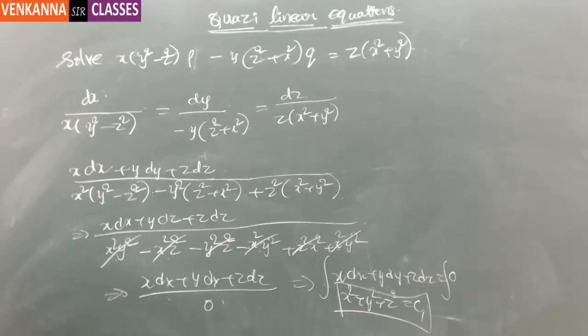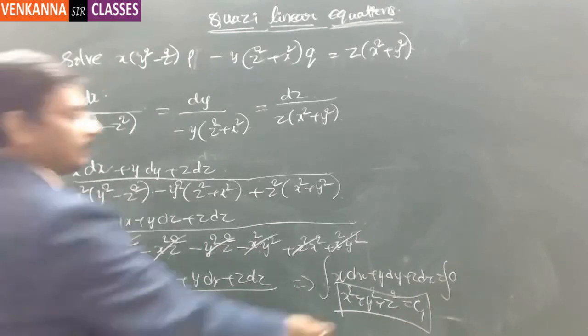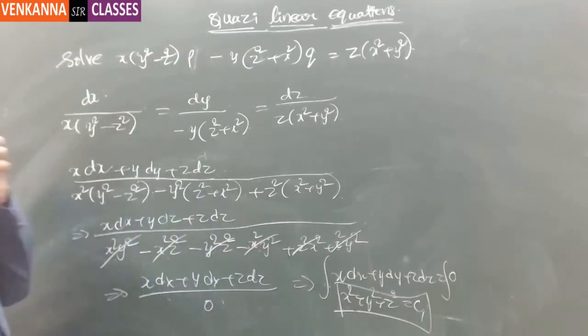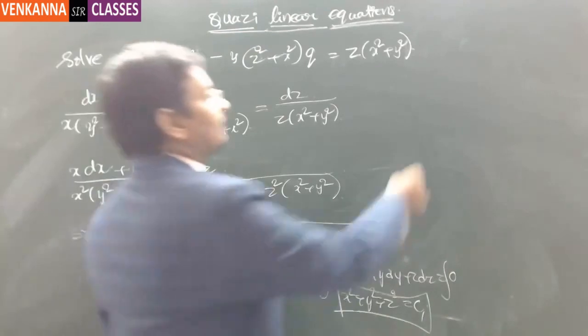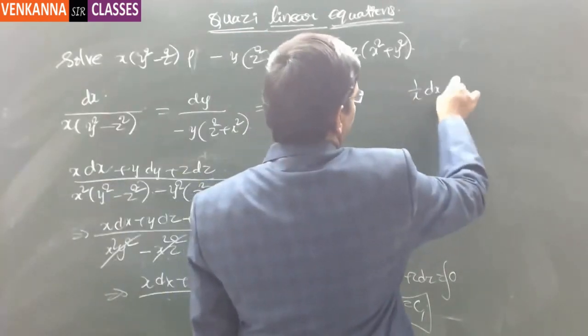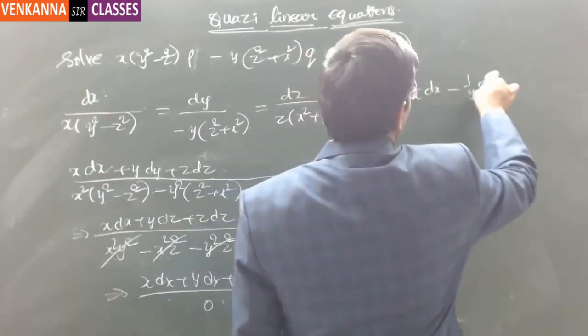Other function x y z is equal to constant. Sorry, x z. This is x by y z equal to constant. Got it? So this one is actually one arbitrary constant. For the other function, what you can do is multiply 1 by x into dx minus 1 by y into dy